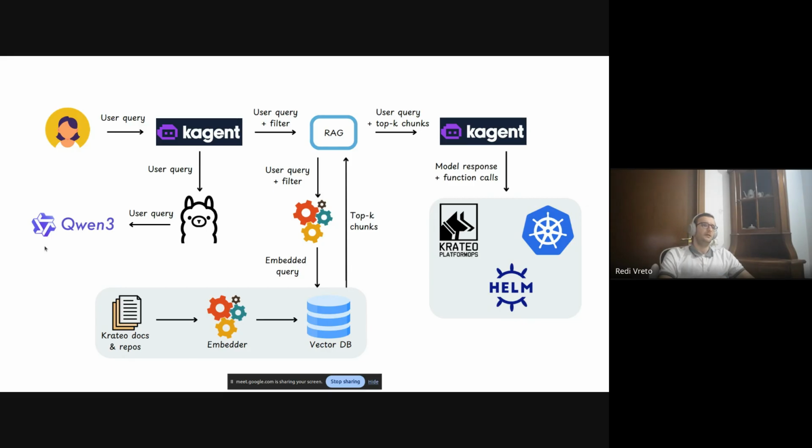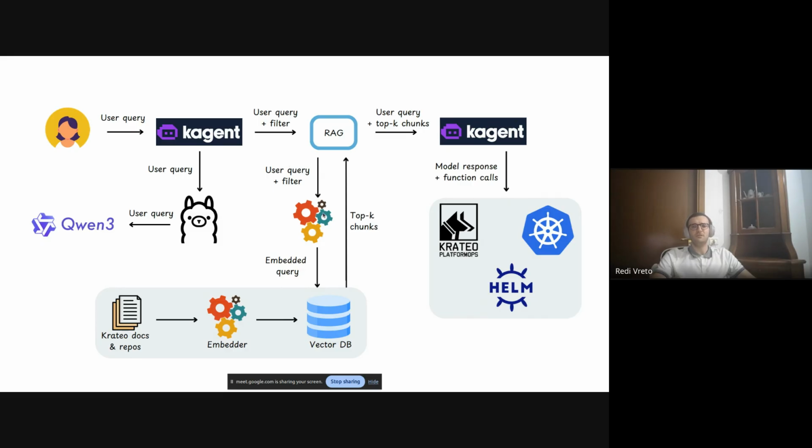Now, we have implemented an interesting technique that we found, which is the metadata filtering, in which we give the user query to the model, and we ask the model, given this query, can you find a sub-database, let's call it that way, which is most relevant to the query so that we can look into the vector database only for chunks that are relevant to that query. So the LLM does exactly that. It comes up with a filter, which we use in the retrieval augmented generation,